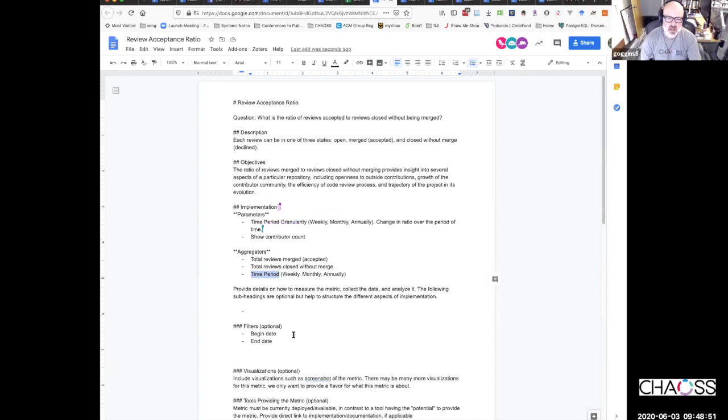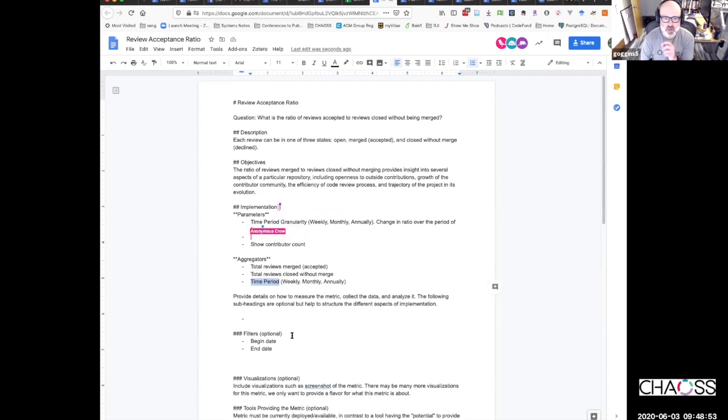I think where this has come from in the evolution working group, the history is, and I'm the historian since I've been here from the start, filters was initially intended as a section that covered all of this that is now under parameters and aggregators.